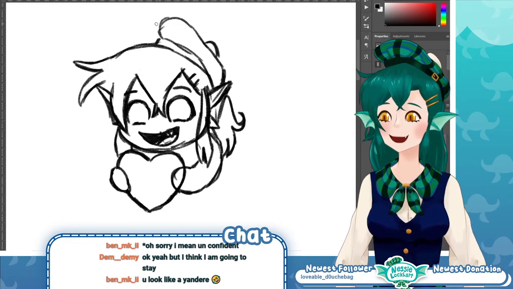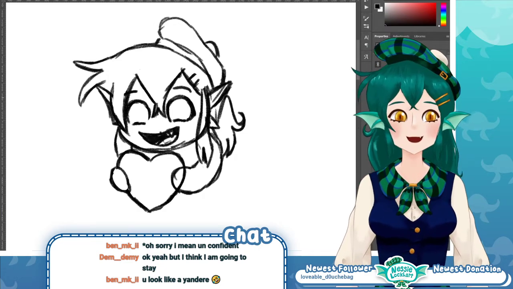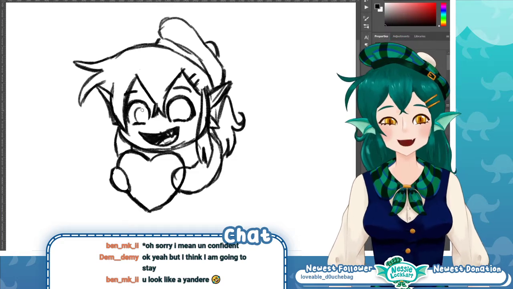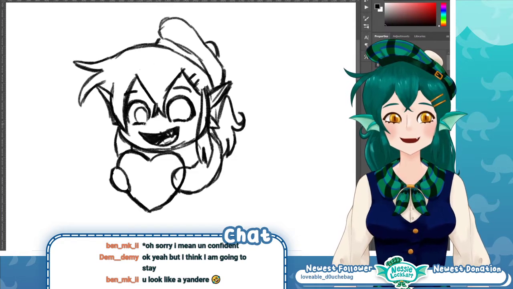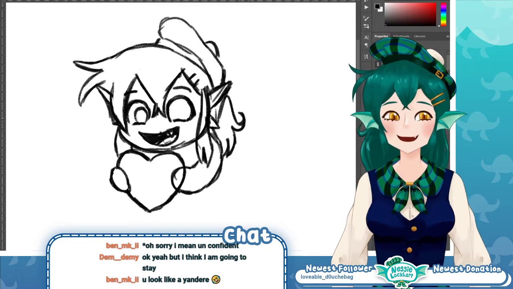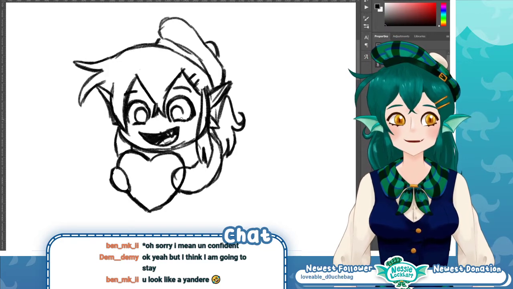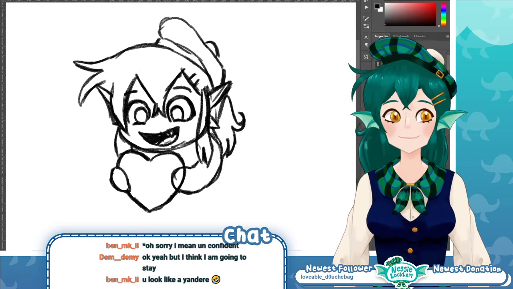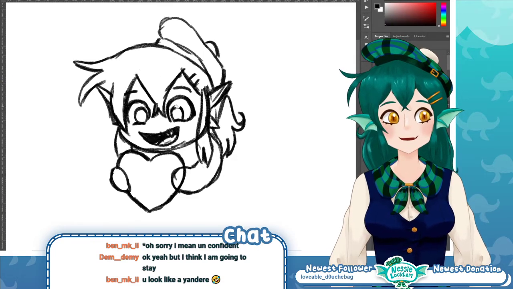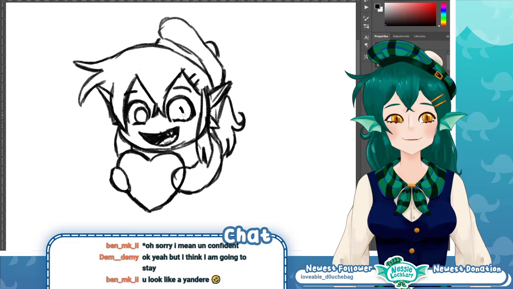That means you really have to keep track of your layer names, which I don't usually do, but in the case of models, you literally have to. With the Live 2D program, you have to name them for the sake of the parts you're working with.